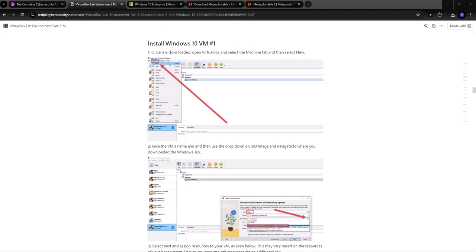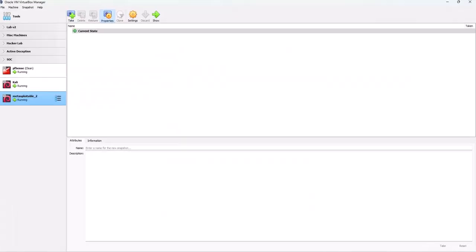We will now install Windows 10, the first of 2 Windows 10 virtual machines. So I've already done the downloads. The link is at the top of the walkthrough page. So we can just go straight into